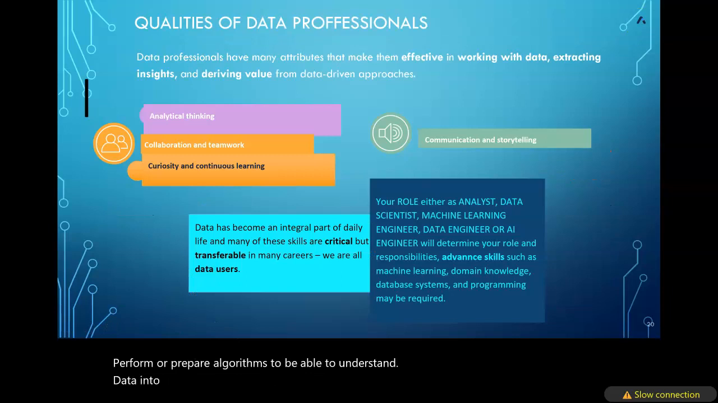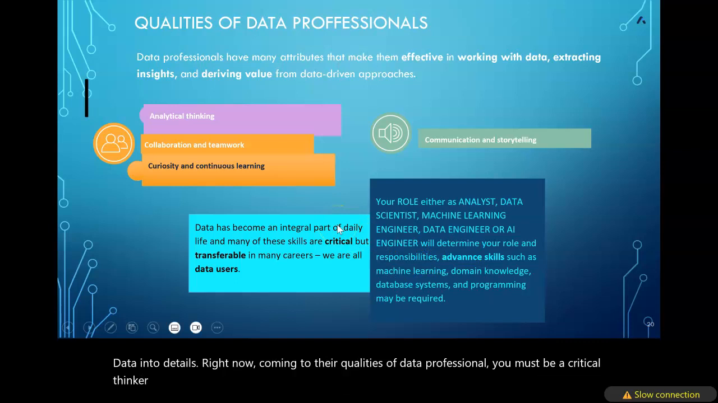Now, coming to the qualities of a data professional, you must be a critical thinker. You should be curious and learn each and every day. Communicate and